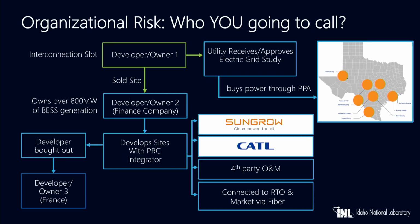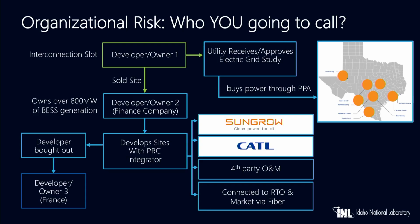site. They decided to sell the sites to another company, we'll call them the finance company. In looking at them, I actually called them the Finance Bro Company, but they had bought about 800 megawatts of generation from these sites. And then they developed the sites from there. They hadn't even built it yet, but they developed the site using, I believe, Cattle as the integrator, so they had the same structure for 800 megawatts across the whole place. The developer was then bought out by another owner at this point, so now we've got, I think, 3 or 4 different owners in a period of 2 years, so we're trying to work out who's the asset owner at